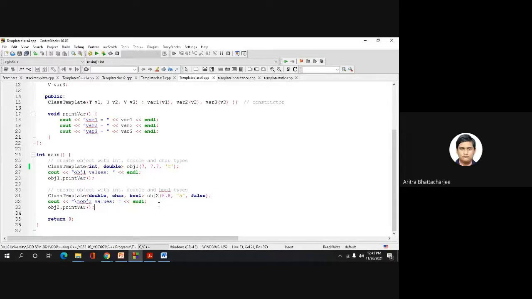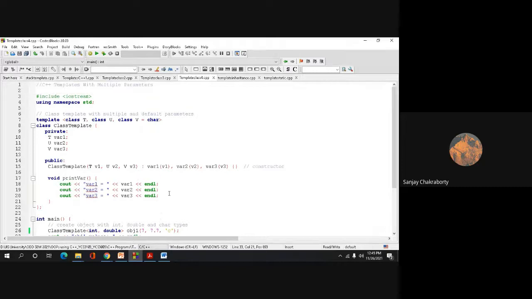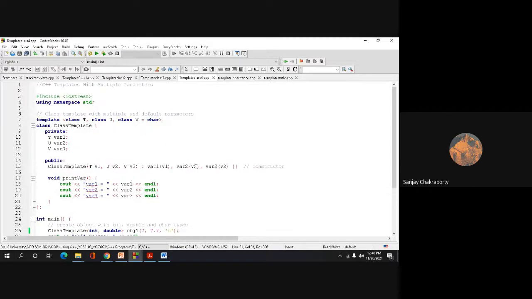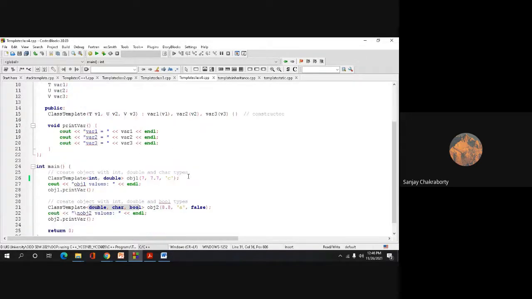Yes, sir. Anyone has any kind of confusion? So that's the thing I needed to show you in this code, how C++ class templates can be created with multiple types of parameters or different types of parameters. Okay, so I think you can understand, each and every time during the call of this function or the constructor, I can change the types of the parameters. Accordingly, our function or our class will be executed. Okay, that is the very beautiful advantage, or you can say the beautiful execution strategy, of these function templates or class templates.